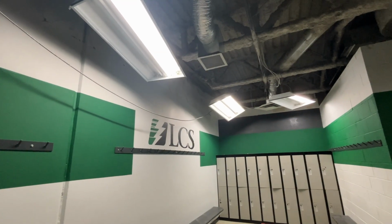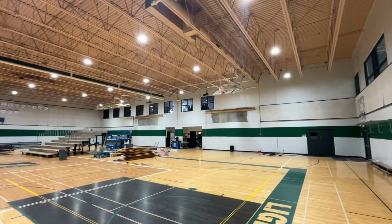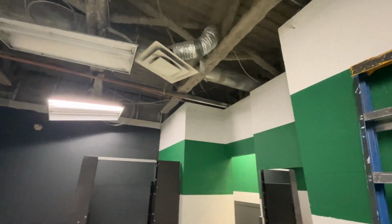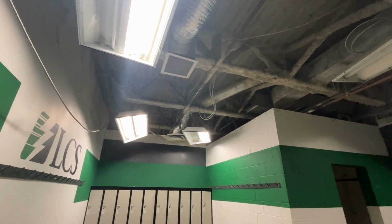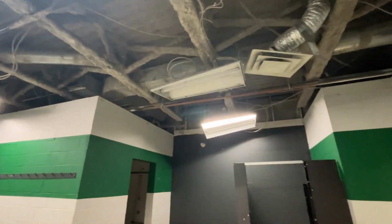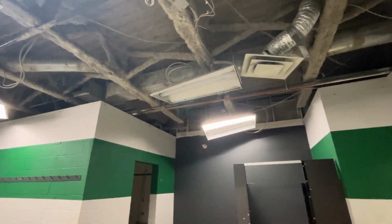Well, I have a bit of a reprieve to report with this project. I was just talking to our operations director, Frank, and he has some electricians here relighting the gym at the high school. So I let him know that this room is ready for lighting, and he is just going to tack this on to the job that they're doing out in the gym. So I do not have to worry about changing out these old fixtures for our new strip lighting. That will be done, which is awesome, because then I can just move straight into the next part of this